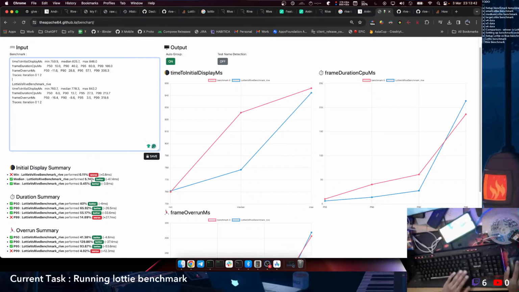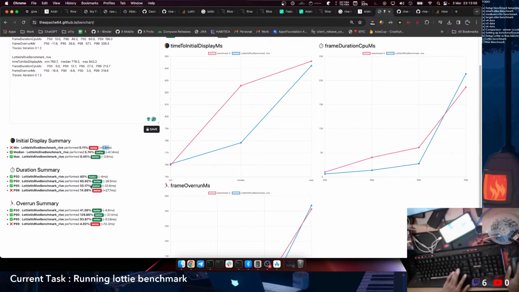And Rive performed better for the initial display. There is a slight regression, which is 0.11, which we can ignore, but the median is 47 ms. That's really good. In here also it performed better. This is actually a pretty good number, 65% improvement for P90. P99 shows 27 ms of regression, or 14%